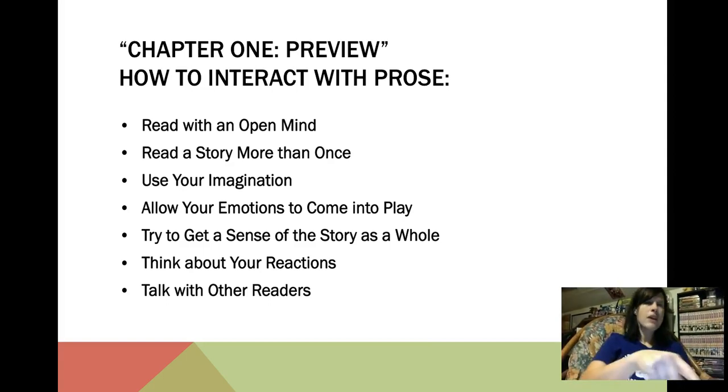All right, but we are going to skip forward to chapter 1, which starts out with a preview of literature, of fiction specifically. And I would like to include nonfiction and what we will call creative nonfiction in this unit, because a lot of people, when they think of literature, they only think of fiction. They see the term prose and they think, oh, fiction stories like fantasy, sci-fi, romance. But we can also include creative